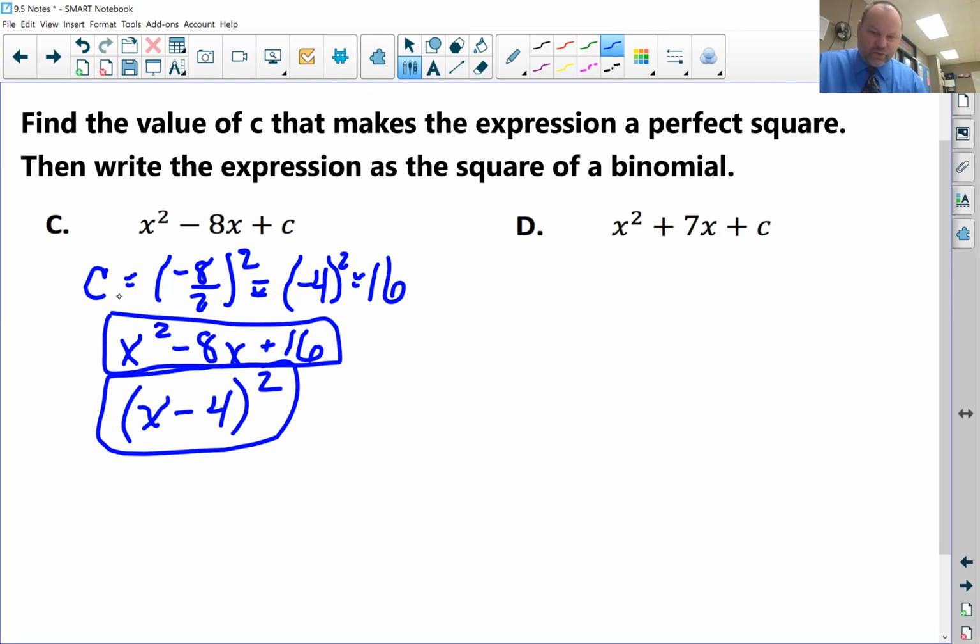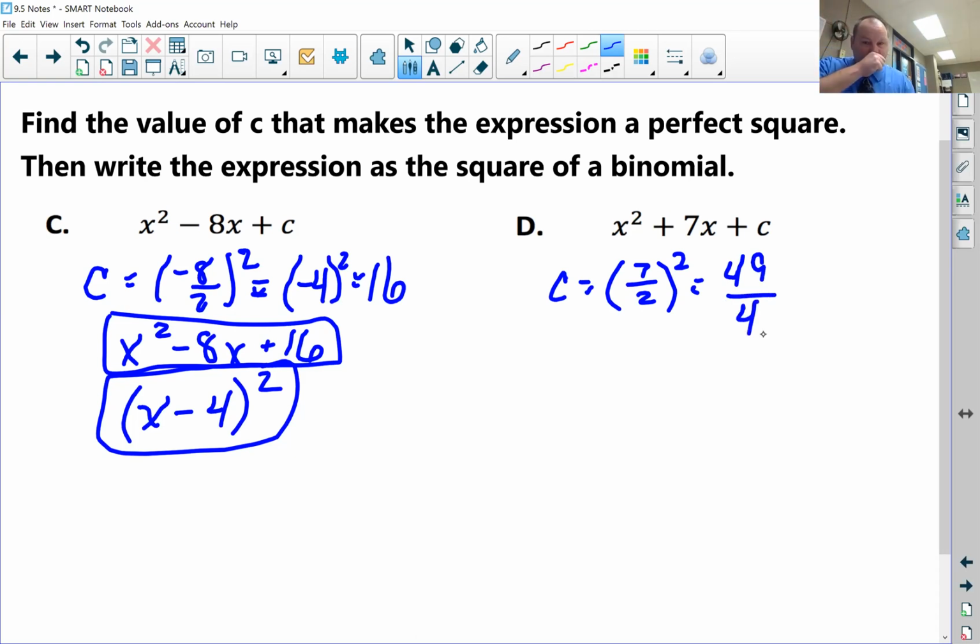Letter D adds a new little wrinkle. So here we're going to take b divided by 2 squared. And now 7 divided by 2 doesn't come out exact. So I'm not going to make it into a mixed number. I'm simply going to square the 7, make it 49, and square the 2, which makes it 4. And that would be our perfect square trinomial. And our factored form